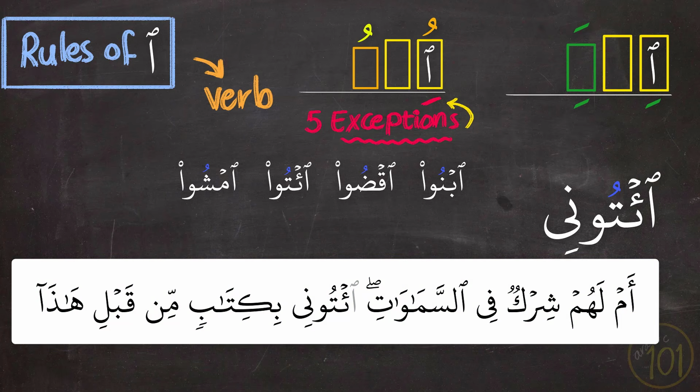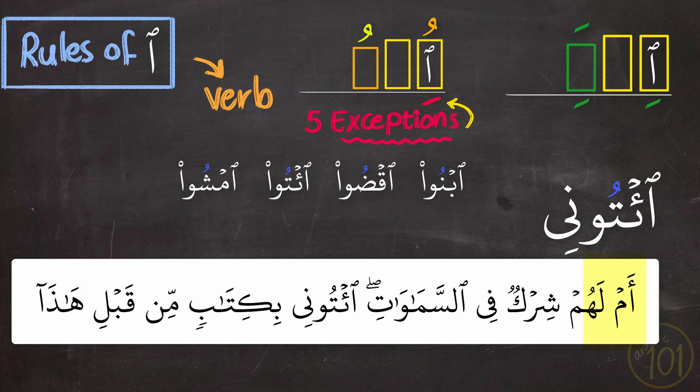So, when we keep on reading, hamzat al-wasl is dropped as you would expect. And then we pronounce this hamzat al-qata' that directly follows it normally. However, if we do start at that word, we pronounce it like this: